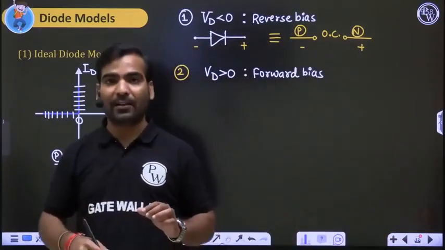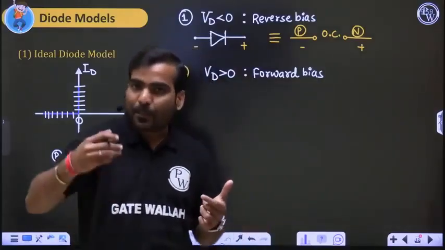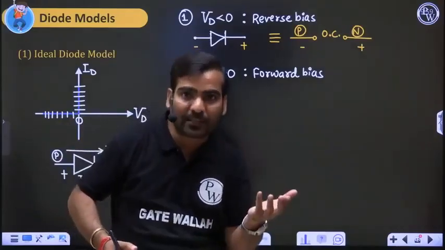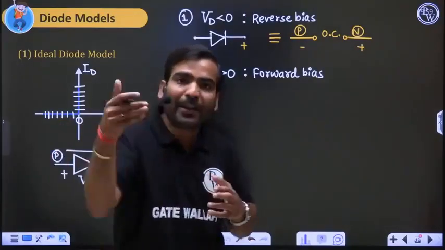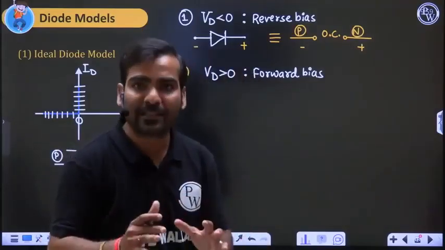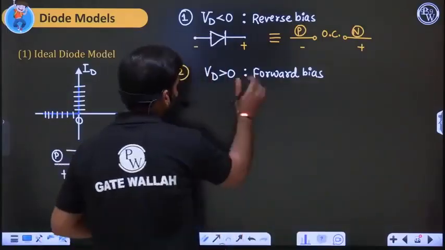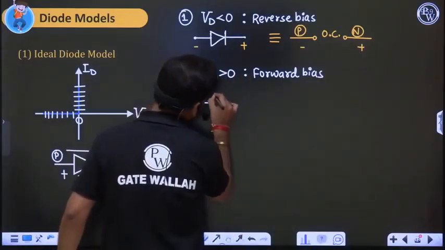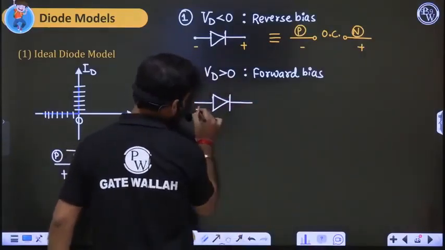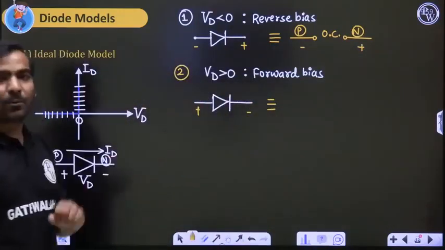So the meaning is that suppose the diode is connected with the battery in such a way that the P side is connected to the positive potential of the battery, the N side to the negative potential. The meaning is that current can flow in the P to N direction. If current is in the P to N direction, the diode is on. Forward bias diode. And this voltage we can say is positive voltage. Now this diode, which is connected with the battery in a manner that here we are having some positive potential, there negative, what is the replacement of this diode?